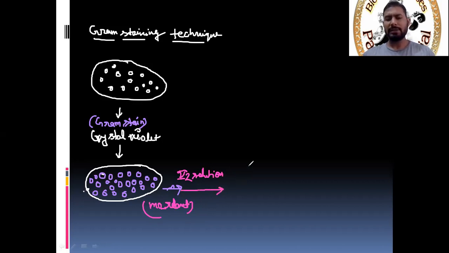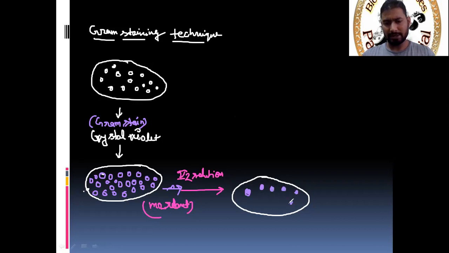Okay, after that, what result did he get? Just look, he got the result in the same Petri plate. In the same Petri plate, they have a strong binding affinity, because the basic function of the iodine solution is that it fixes the stain. It fixes the Gram stain, crystal violet. It enhances the binding affinity of the crystal violet with the cell wall of the bacteria. So now each bacterium has a strong purple, strong violet color. Just look, all bacteria become violet in color.